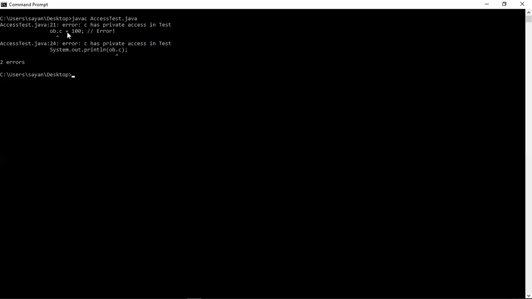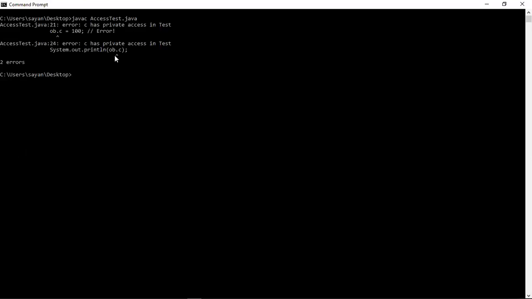This is the error statement. This is the error line where the error has happened. And this arrow marks the location where the error has happened, inside this statement. This is another line where the error is happening again. Here, when we want to print its value, the same error has been given. And this is the arrow which gives you the exact location where the error has happened inside this statement. So these are the two errors that are being thrown because we want to access a private member of a class from another class.